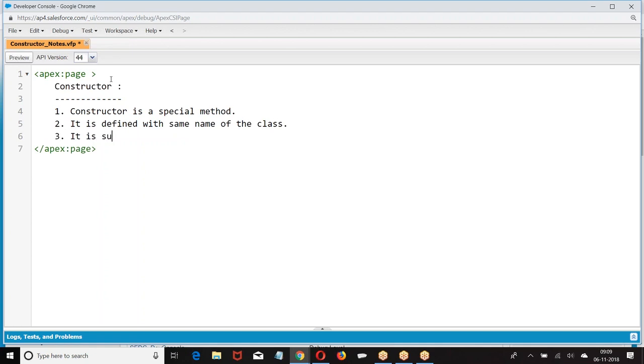It is used to initialize the data members of the class.